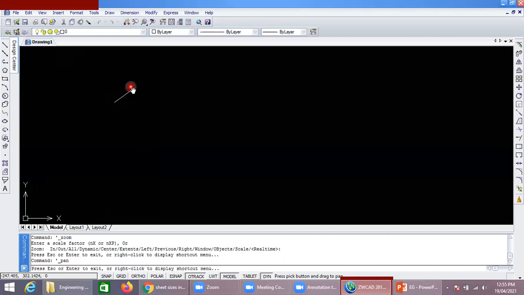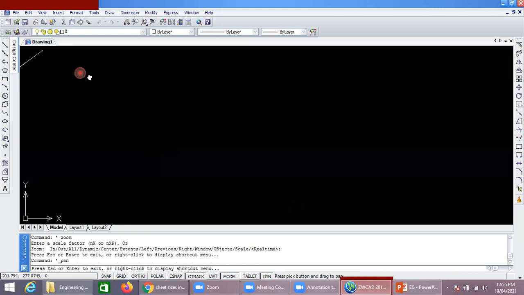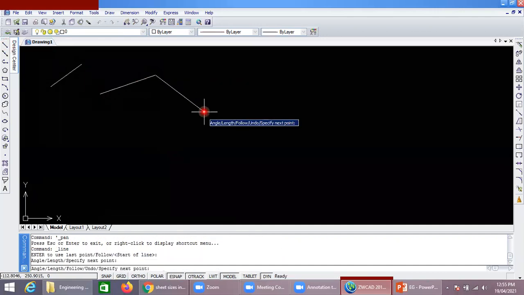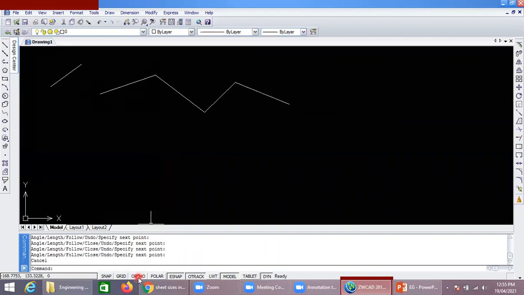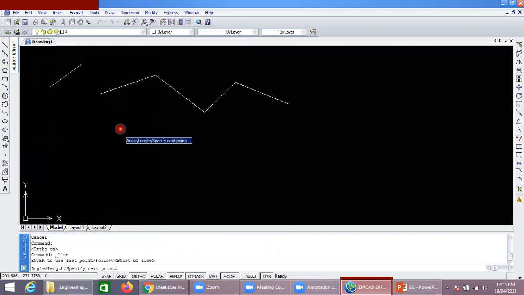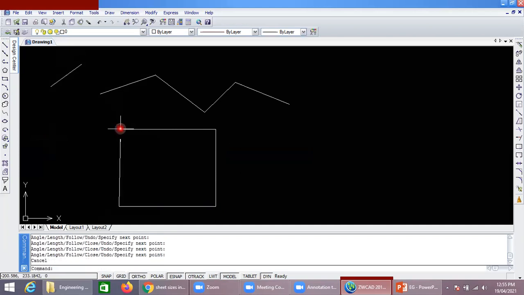See, this hand is for pan. You can pan the object. This is for the zoom. The middle mouse button you can use for zoom in and zoom out as well. Right now, we are not able to get the straight line. So here is one of the options, that is ortho. If you toggle it on, then we can draw straight lines. See here, now we are able to draw the straight lines by toggling on the ortho option. This is how the line command works.